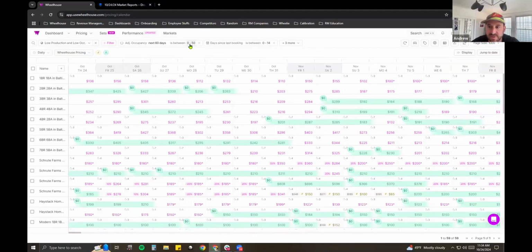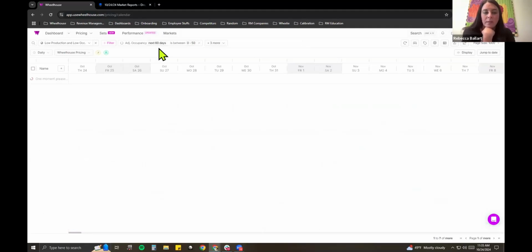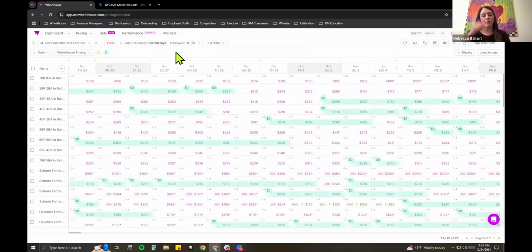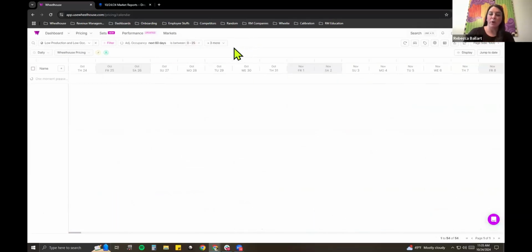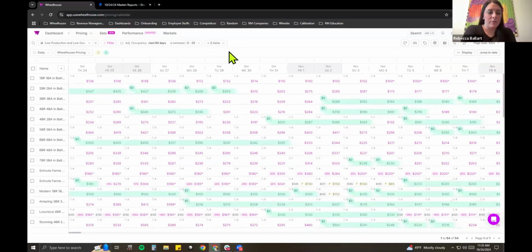And are you just applying an occupancy filter there? Is that a market and occupancy, or a metric plus a tag? Tell us a little bit more about that. Yeah, I'll use the filter of my occupancy for the next 60 days, just like how Keegan has up there, so that I can continue to watch that group because I'm always concerned. I don't necessarily have it go as far as 50. I do 0 to 25, depending on the market. Some markets can be a little bit more. So I have my bottom units that I focus on and can segment it out that way.